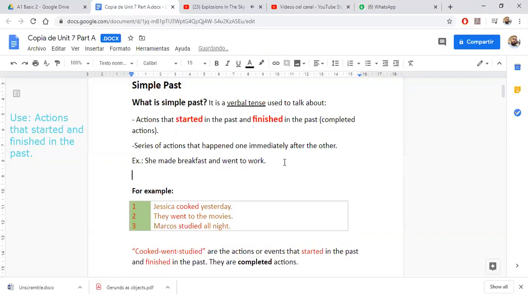You can say, for example, she woke up and took a shower, and then she brushed her teeth, and then she dressed up, and then she made breakfast, and then she went to work. So all of those actions are a series of actions, and they are all in simple past. We express them all in simple past, okay? That's what we use simple past for, a series of actions that happen one immediately after the other. Cool. So another use the simple past has, or another important thing,